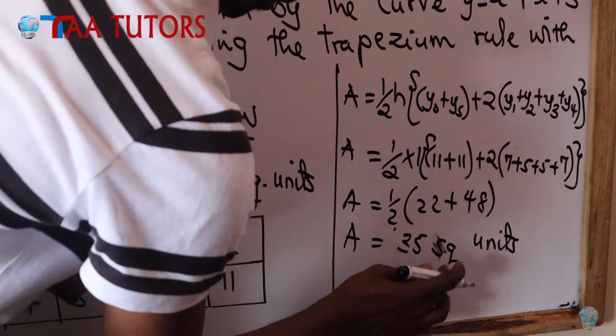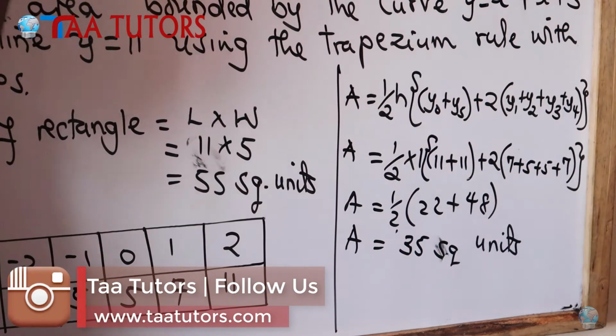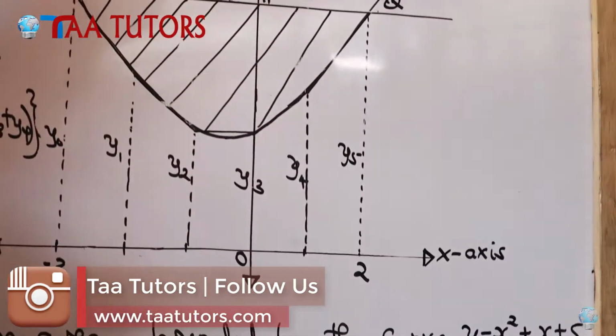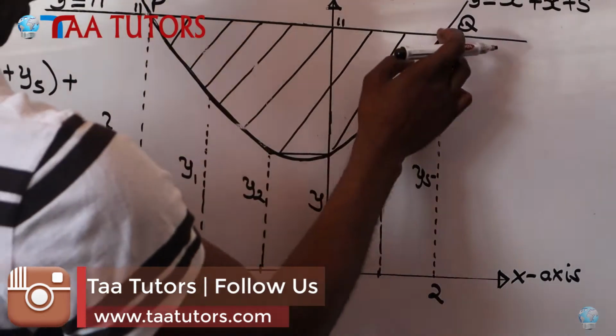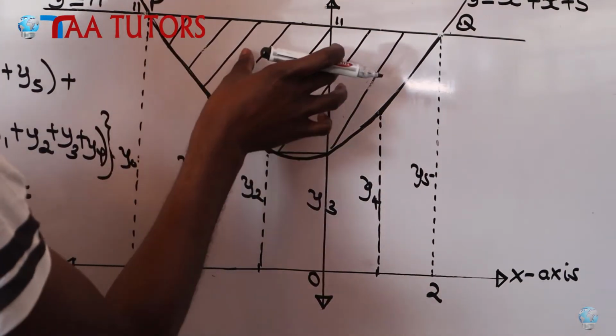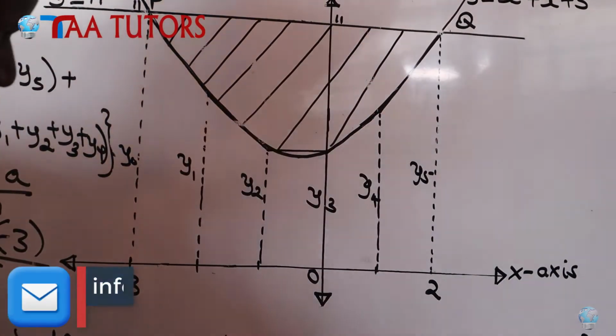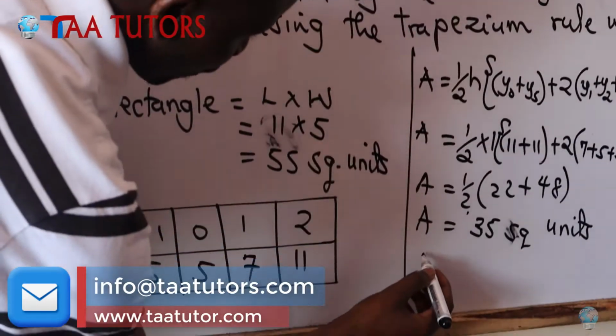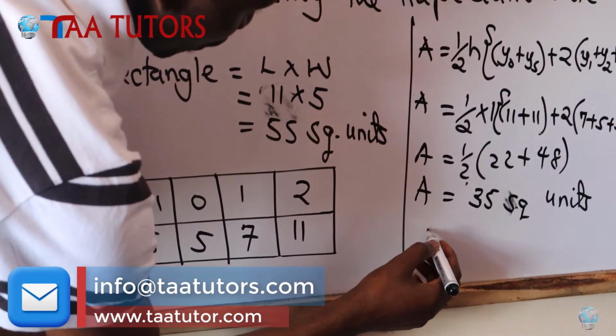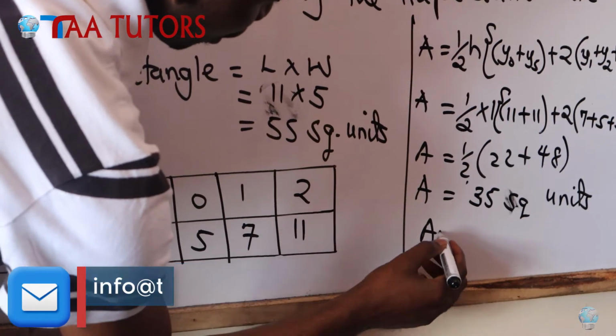This is not the final answer. This is just the area under this curve. But I said that the area of the rectangle was 55, from here up to this one here. For us to get the shaded region, we are going to subtract 55 minus 35. So the area of the shaded region that we want now, the answer will be